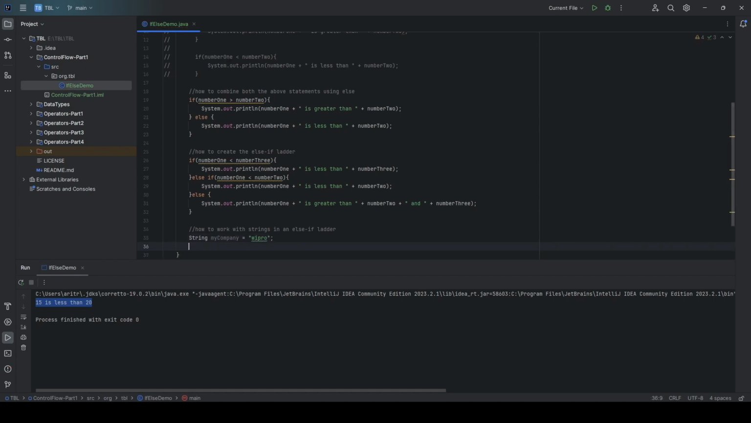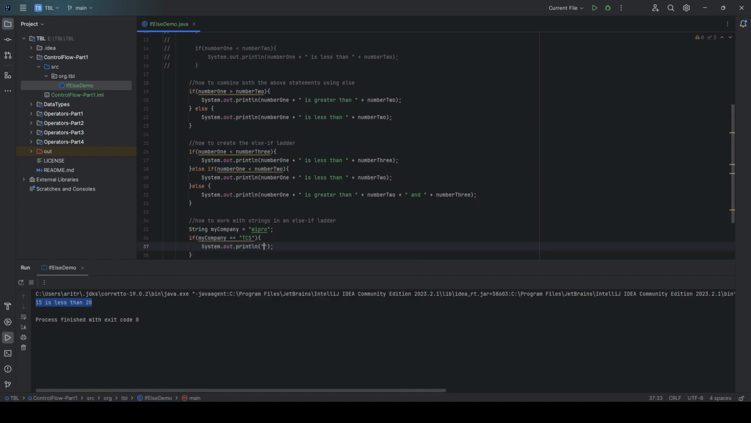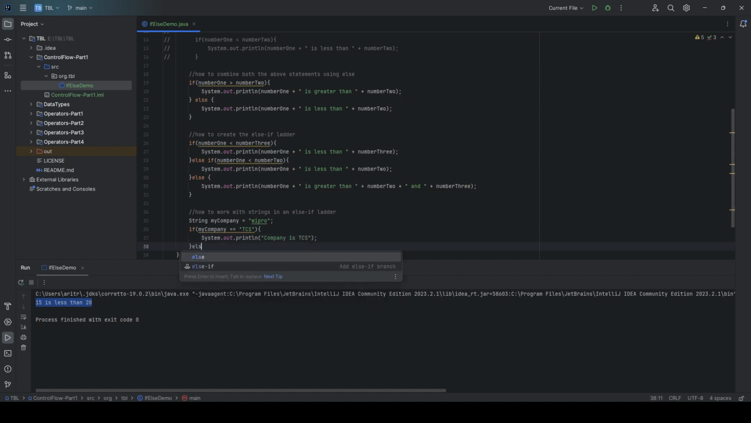Then I check if my company equals TCS, then print company is TCS. Else, if I'm adding the else if check now, my company